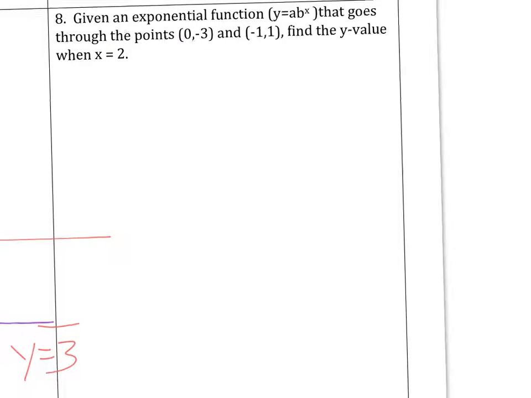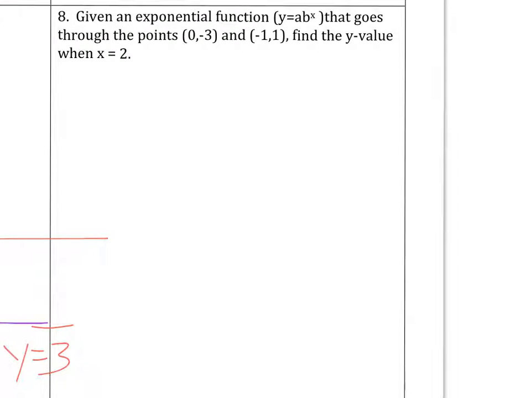Second one of these, similar question. I regret that I didn't give you the explicit instruction to find an equation y equals ab to the x that actually fits this, we go through the points 0, negative 3, and negative 1, 1. Let's take 0, -3 first, and we're going to use that to find a. So -3 is equal to,